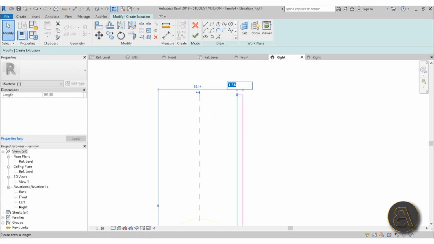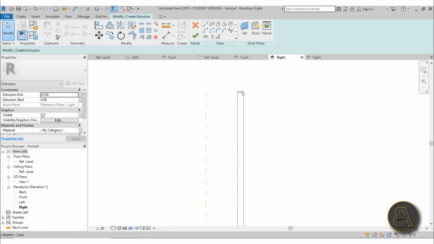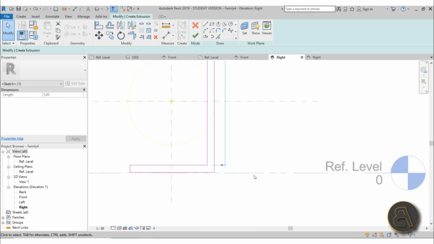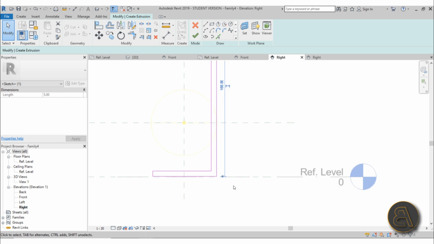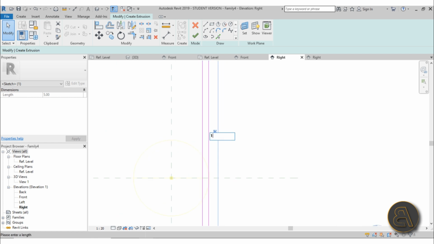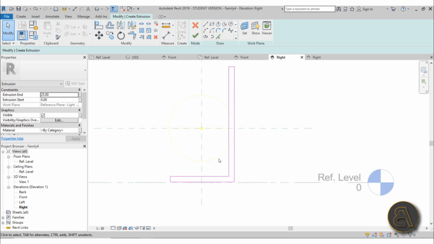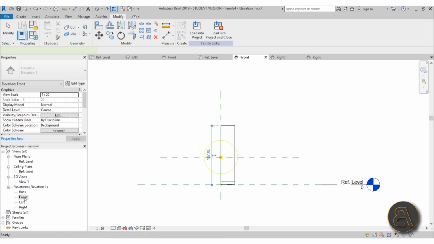This thing should be at 5 centimeters, and the top should be, okay, measuring from the bottom like that. This should be at 106.5 if I remember correctly. Okay, so we've got that L-shaped diffuser, and if I just hit finish, let's now go to front elevation,